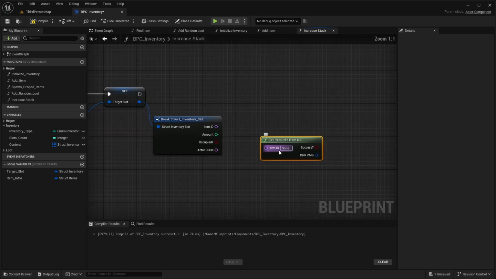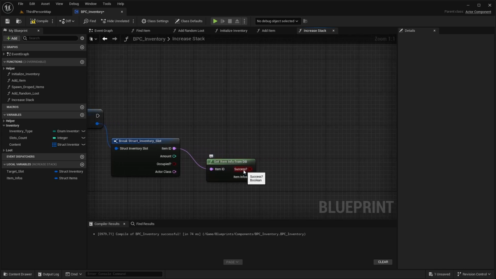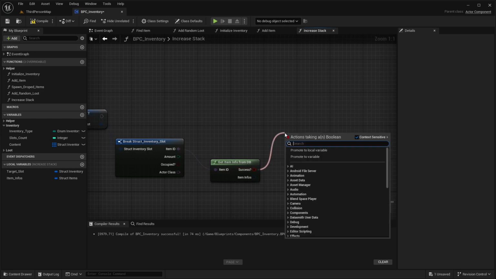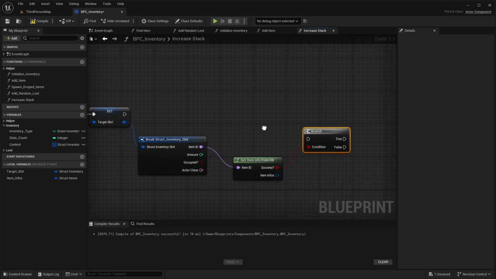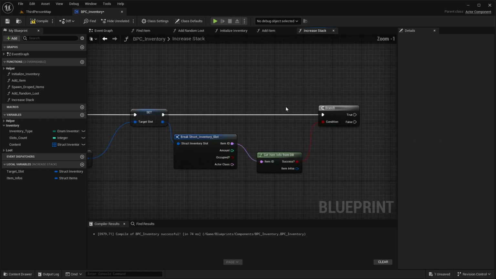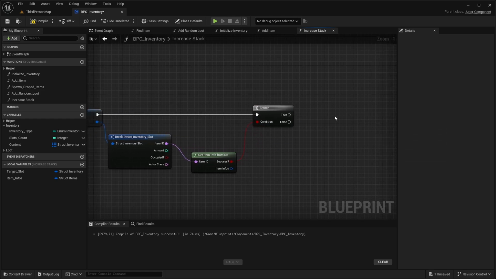and this needs an item ID, and of course is this one inside the slot. So let's drag this like this, and here we have a success variable that tells us if we found this item or not. So let's connect this in a branch just to make sure. Let's connect from the set node here like this. And if this is true, we need to set the item infos with this item infos here that this function